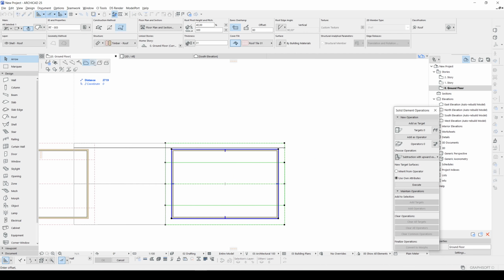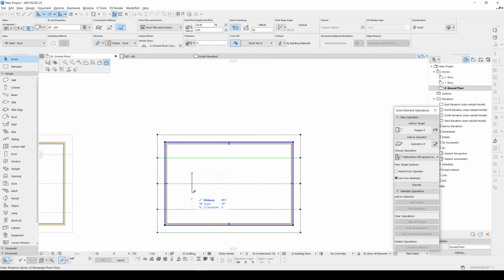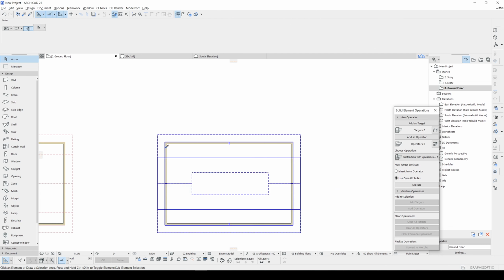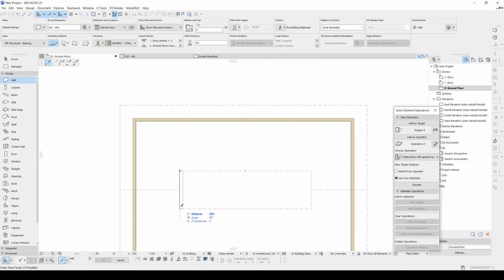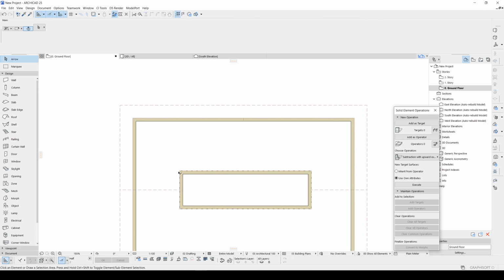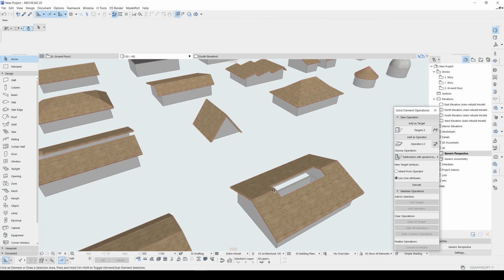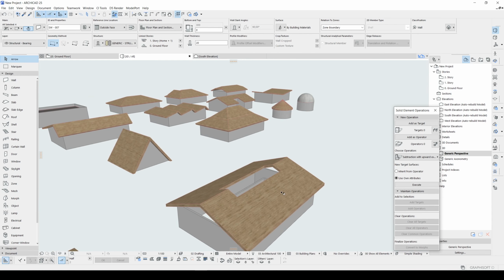Click one of the edges, click minus, 120 from here, 120 from here. Once we achieve this, we are going to place additional walls inside. Just like that. Let's change the elevation.